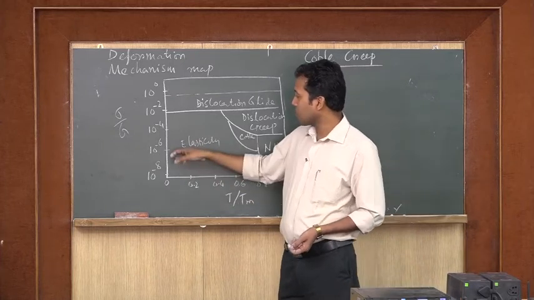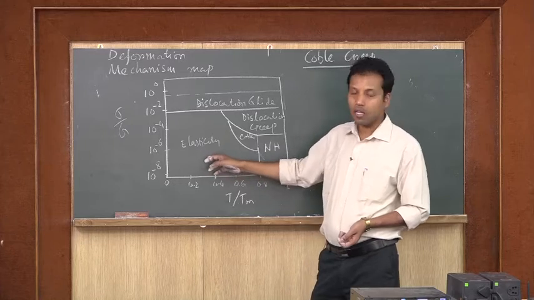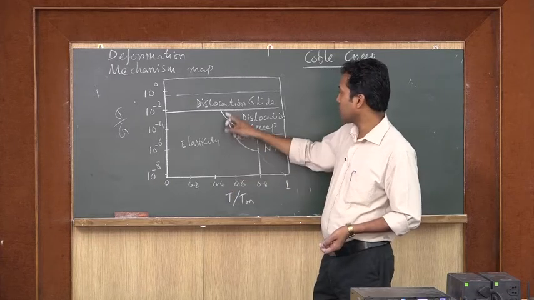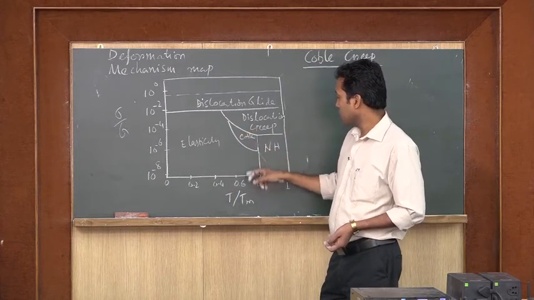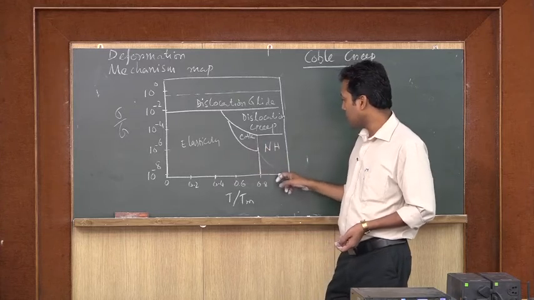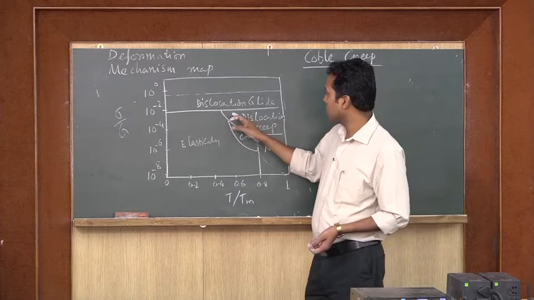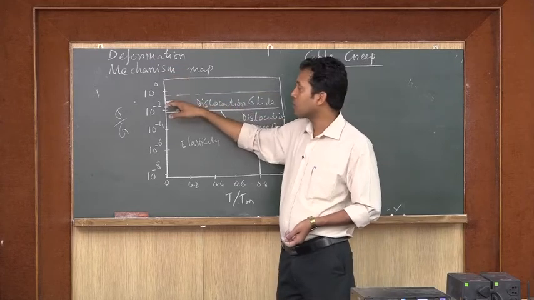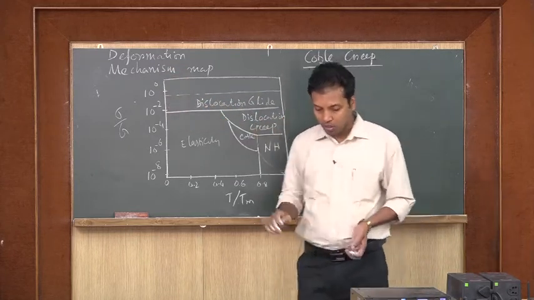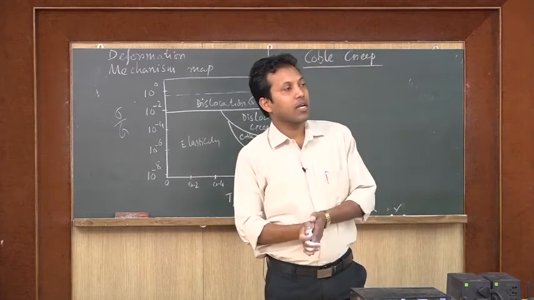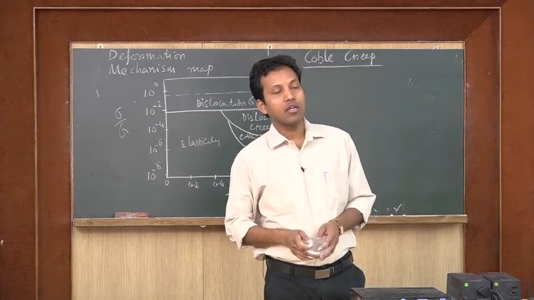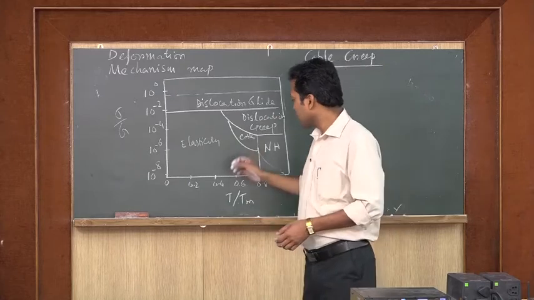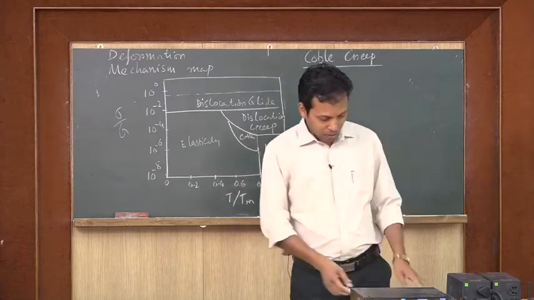So, at very low temperature and very low stress, there is only elastic deformation of the material, but if T by Tm crosses more than 0.5, then creep deformation starts, and here I have Coble creep, then Nabarro-Herring creep, at very high temperature. Sometimes in this region, dislocation creep, dislocation glide, also occurs at high temperature and high applied stress, and at low temperature towards this region. That means many creep mechanisms are interrelated, and we cannot always totally differentiate them from one another, but that is the deformation mechanism map for a particular material.